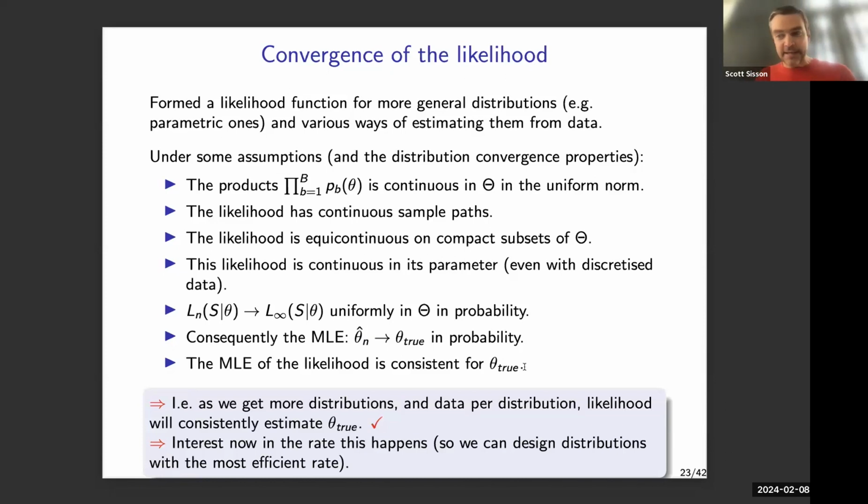But what we would like to do next with this work is, we have convergence. Do we have normality of this? I'm not sure if we have normality of this. I've got to check. It would be nice if we did. But the obvious thing now to do is look at the rates at which these things happen for different types of distribution construction. Do we want a histogram with 5 bins or 20 bins? Because we can look at the rates at which the convergence happens, and then from that optimally choose the best discretization to satisfy our goals. So that would be a really quite useful study.